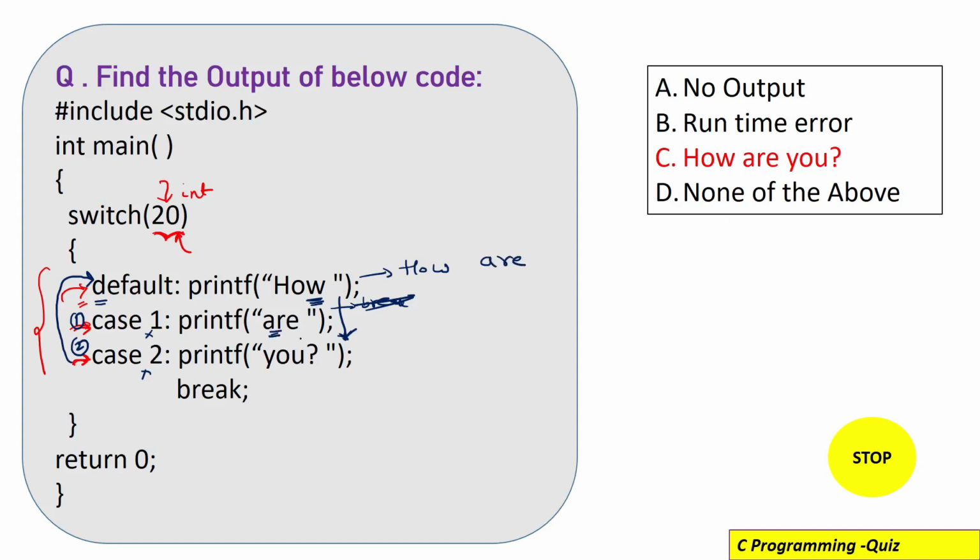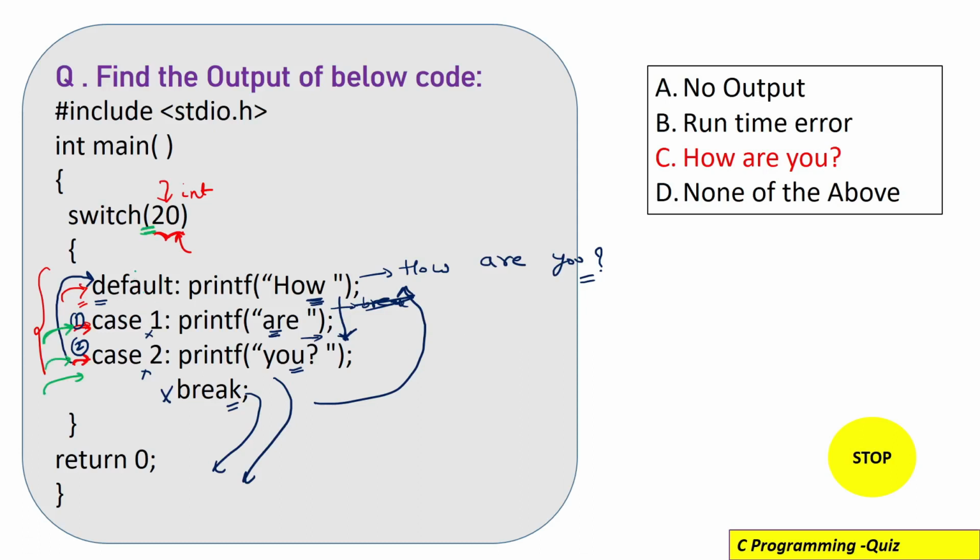Then a space. After this also, there is no break statement, so again you will print this u, and after this there is a break statement, so you will come out of this switch and say, okay, this is my output. Now if you do not use this break statement also, your program will come out. It will not happen that you go back again and print how are you again and again. This will not happen. So I think you have got the idea.